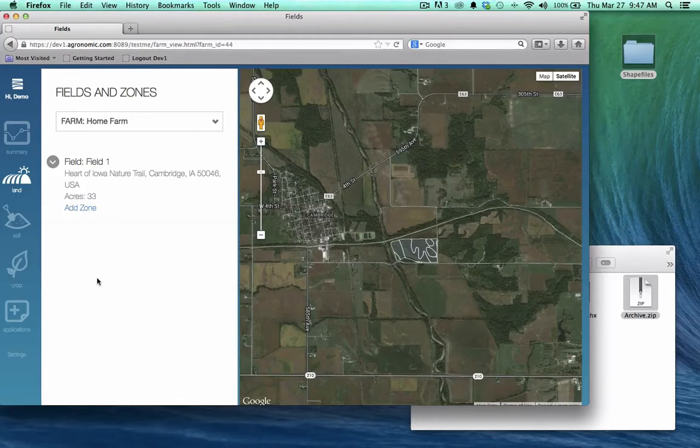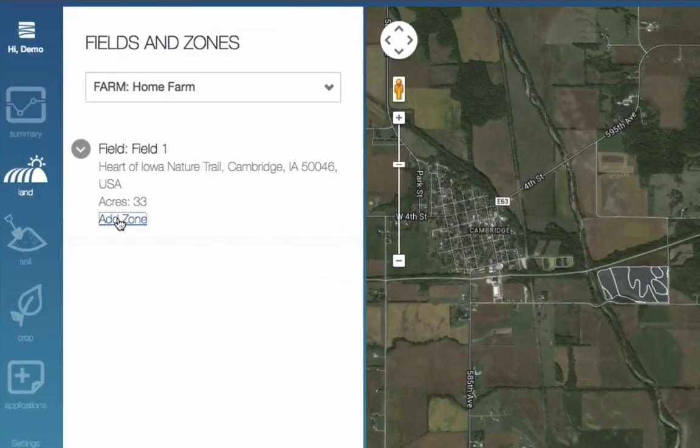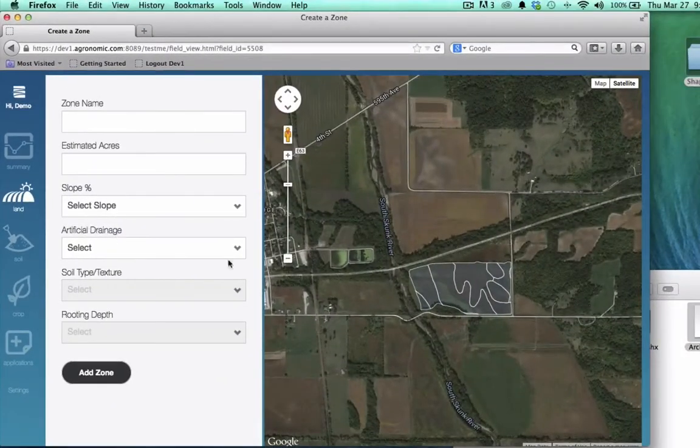Every field in AdaptN needs one or more zones. Create your first zone by clicking the Add Zone link in the field list. Click anywhere outside that field to drop a pin, and then drag that pin into your field for the desired zone location. Assign the zone a name,